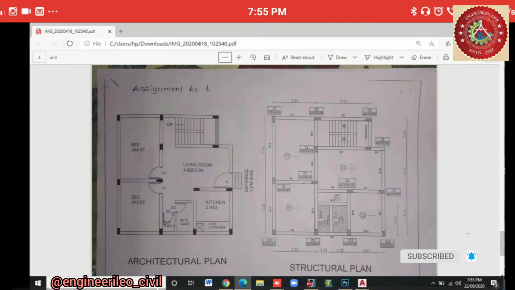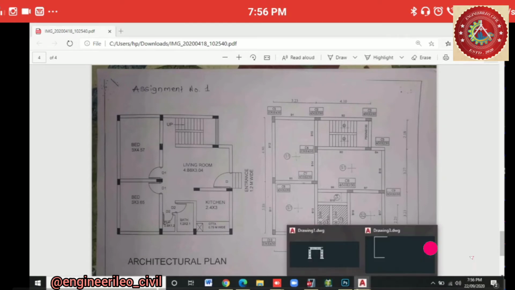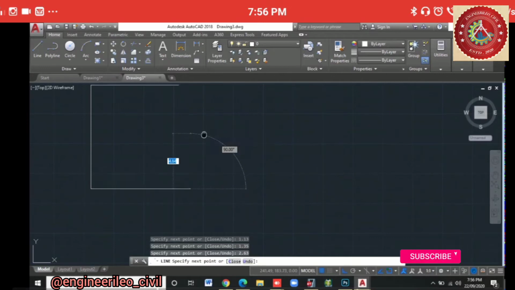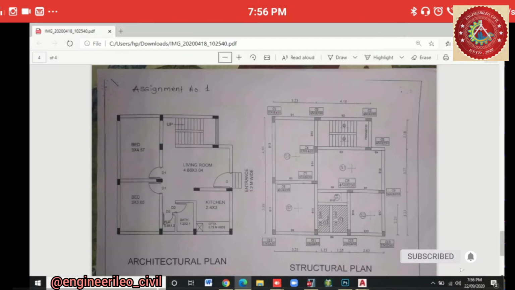Okay, then it's 3.23, 1.13, 1.35, and 2.63. Let's remember one by one. 3.23, enter, 1.13, enter, 1.35, enter, and then 2.63, enter. So it's made. It's like magic, right? And then we'll go here, and in above direction it's